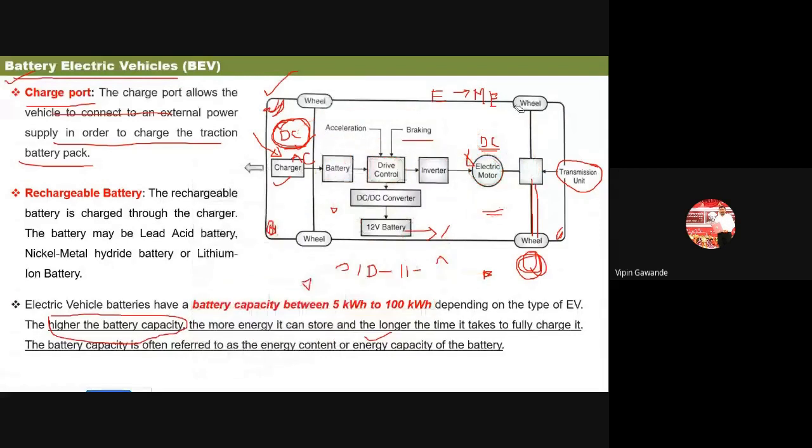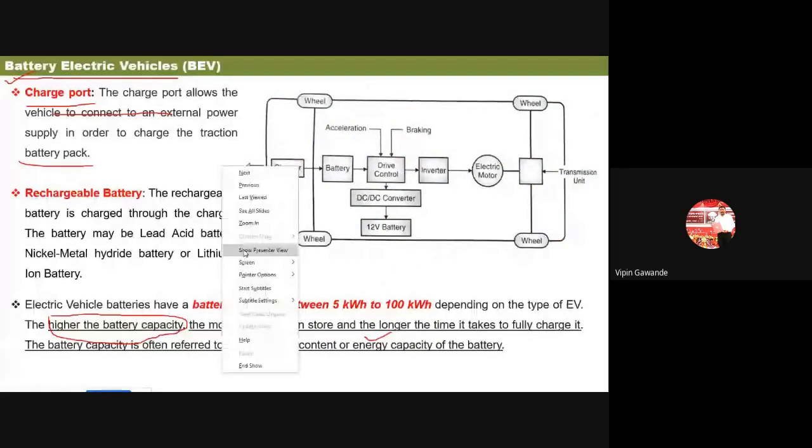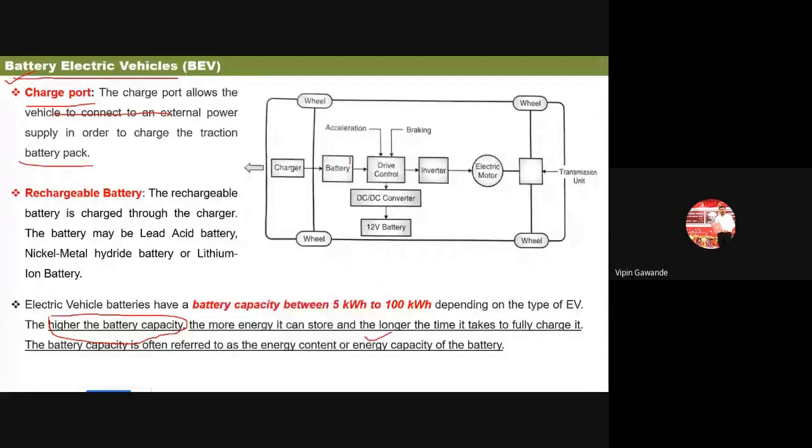This is very simple to remember. Electric vehicle means what? It is just similar to our conventional vehicle. The difference is, instead of petrol and diesel, we are using the battery. Instead of petrol and diesel, we are charging the battery. This battery supplies power to the electric motor, and then this electric motor drives our wheels. This is very important. This is the working of your electric vehicle.